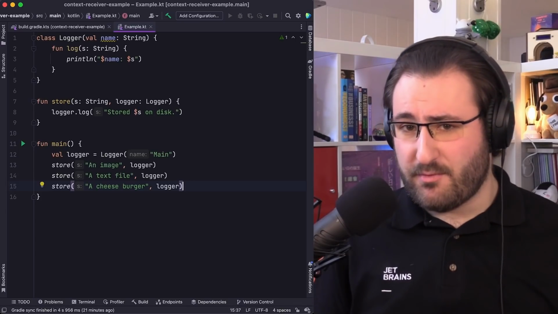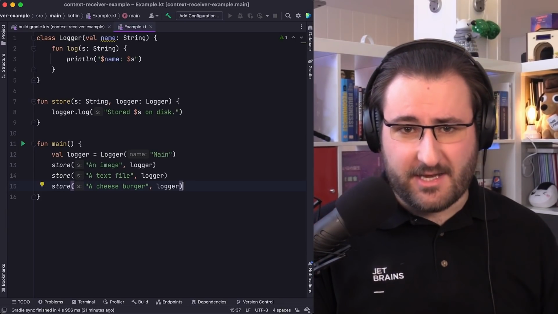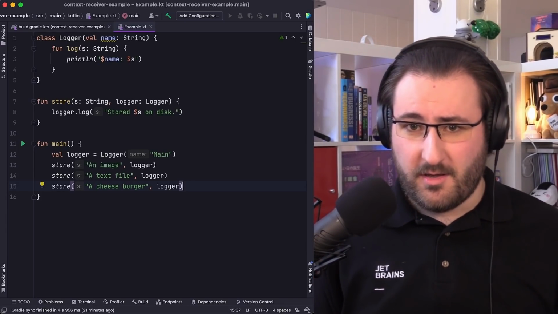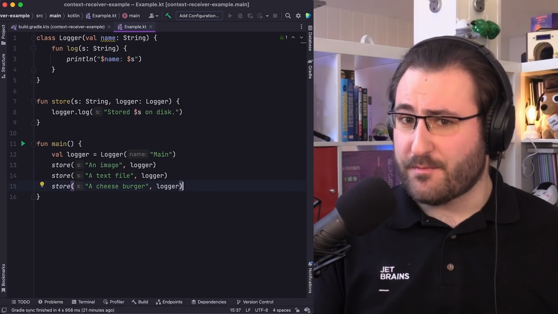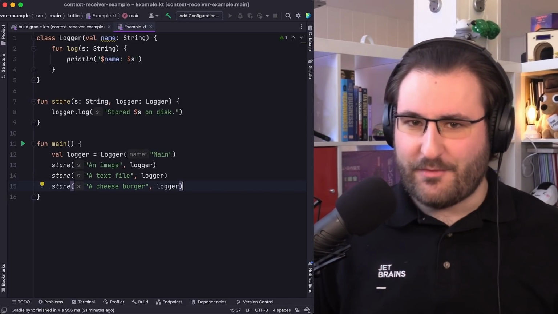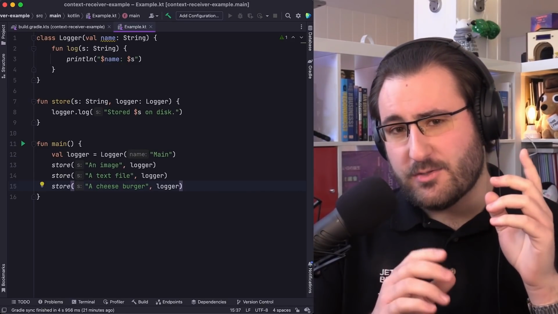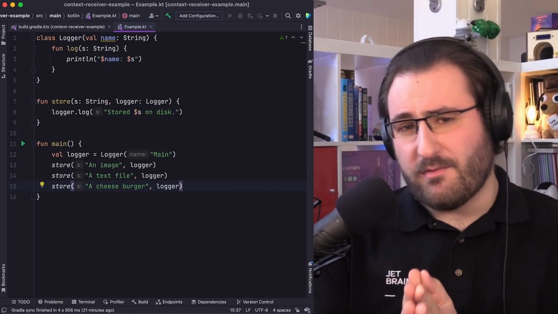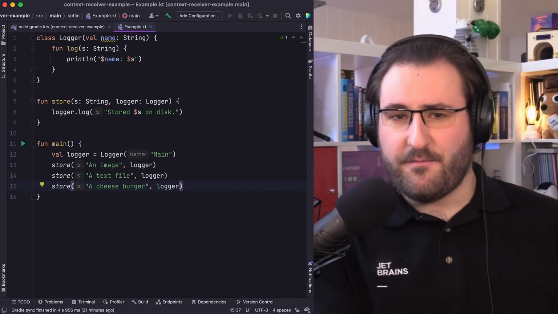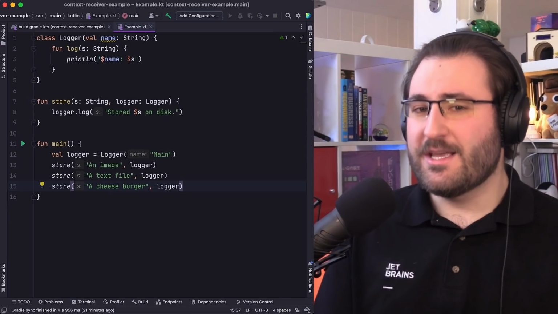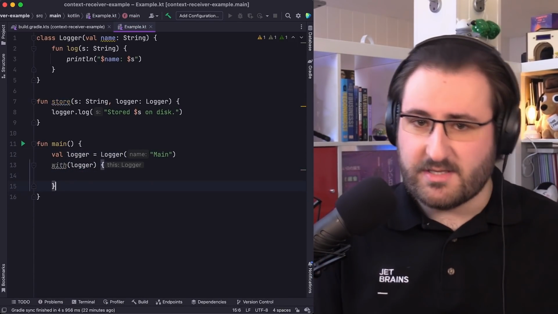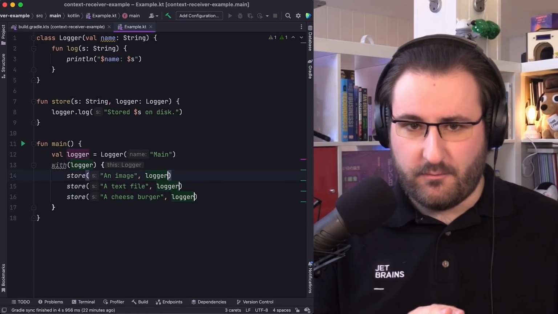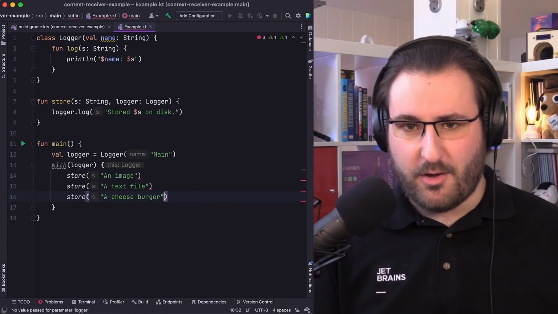At this point, you might propose that we could create a class that acts as a container for our function, and then give it a logger property. But for illustrative purposes, we're gonna go down a different route. Let's think back to the intro, because this might be the point where we remember that when you call the same function on an object multiple times, the with function can make your code more elegant. Well, doesn't seem like a bad instinct, so we rewrite our code and we wrap the calls to store using the with function.